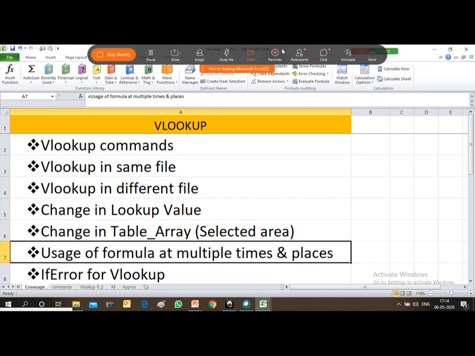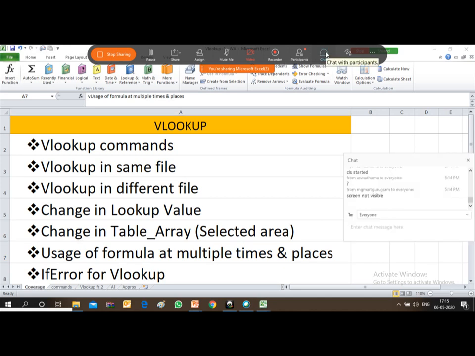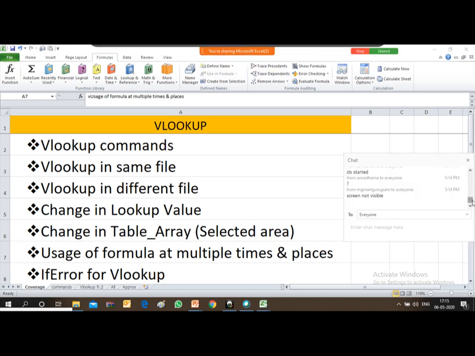Someone is saying the screen is not visible. Okay.